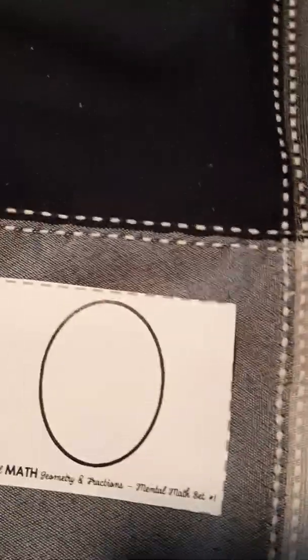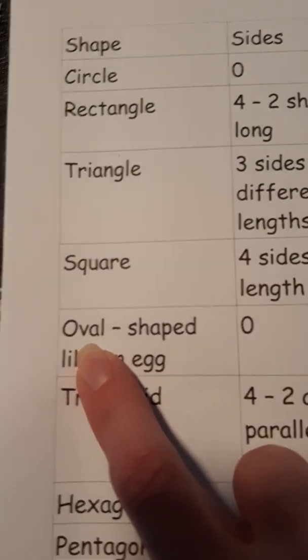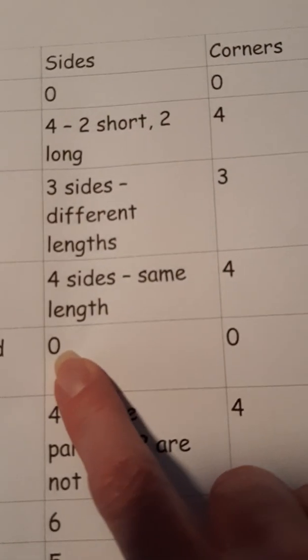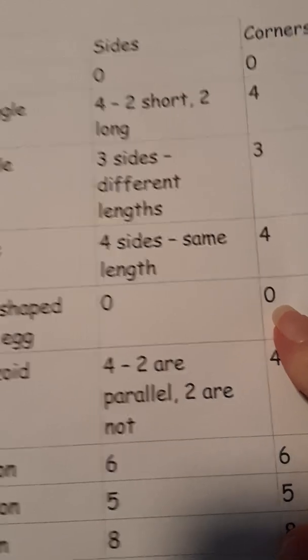Last one, what's that? A stretched out circle is called an oval. There it is on my chart. Oval, shaped like an egg, has 0 sides and 0 corners. Good job. Okay, now when you go to do your seat work today,